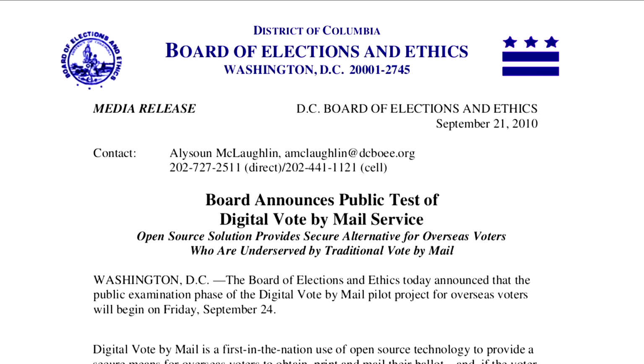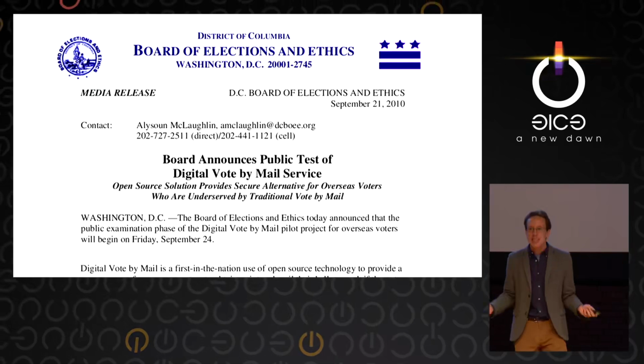And one of the best examples that I've been able to find so far has been an incident in 2010 where Washington, D.C., decided to introduce an internet voting system. They got a big government grant to build this thing, and it was for use by military and overseas voters sending in absentee ballots. Now, they did a lot of things right. They did it as an open source system, hired some really experienced web developers. They even called in security researchers and asked us, well, how should we build our new internet voting system? And the researchers all said, no, internet voting, it's too dangerous, don't do it. But DC did it anyway.